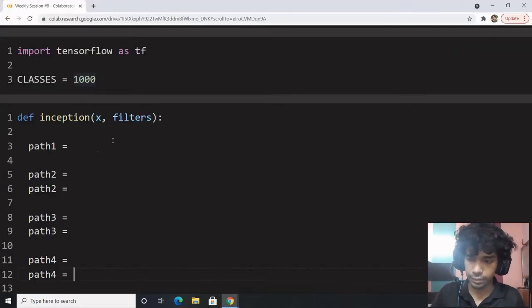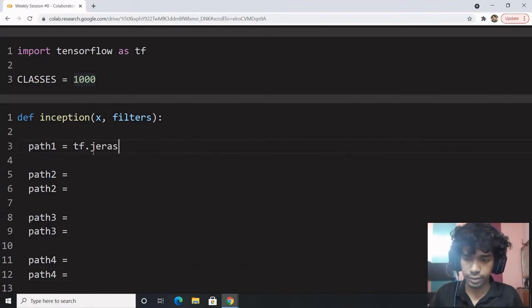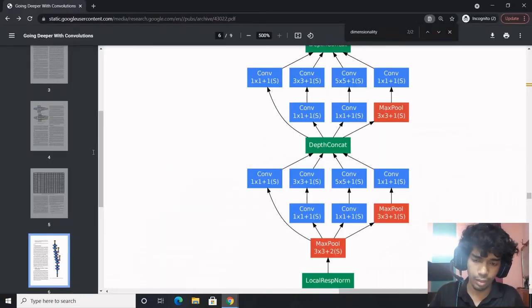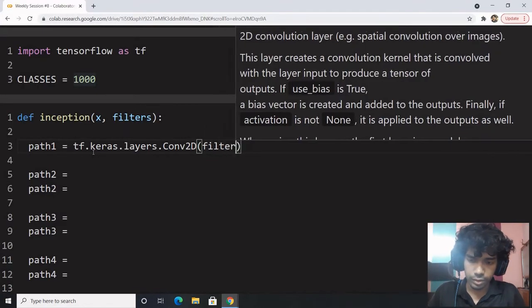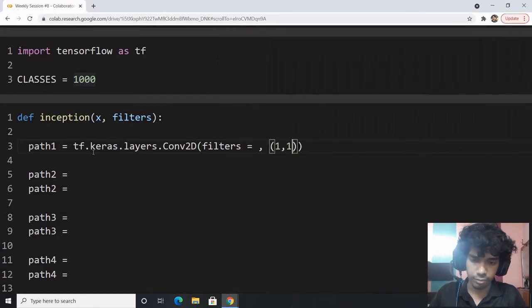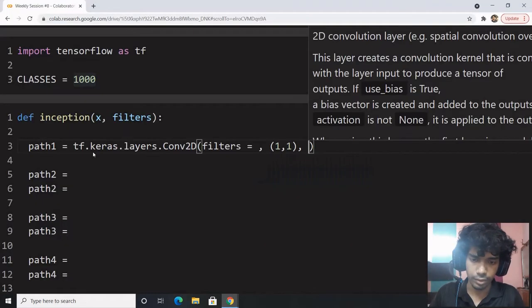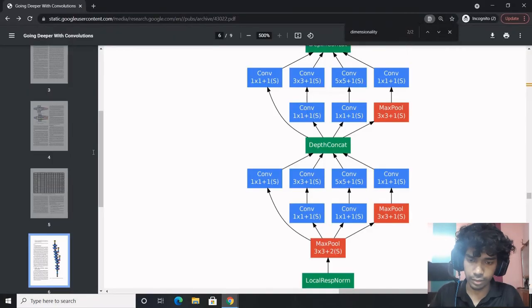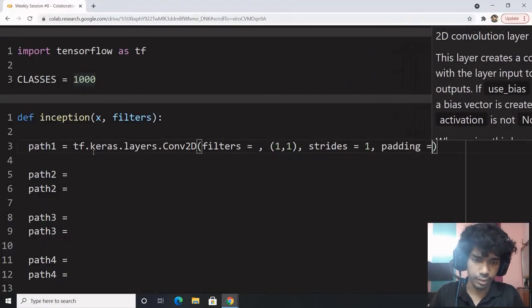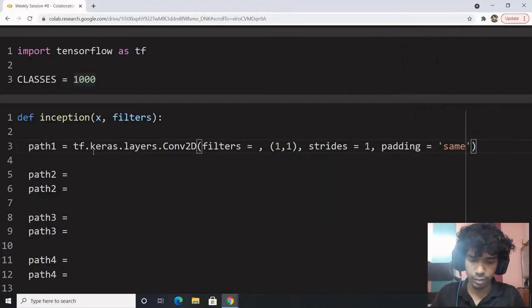Now for path 1 we have tf.keras.layers.Conv2D, filters equal to something. We have 1 cross 1, strides equal to 1, padding equal to same. Here comes the input.